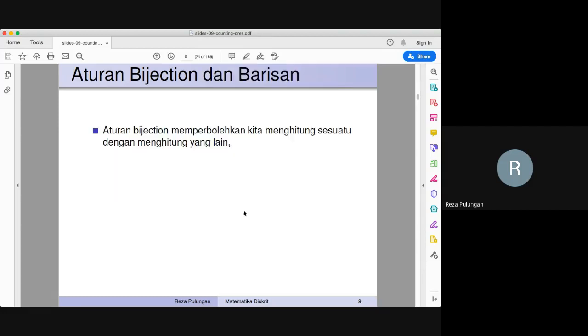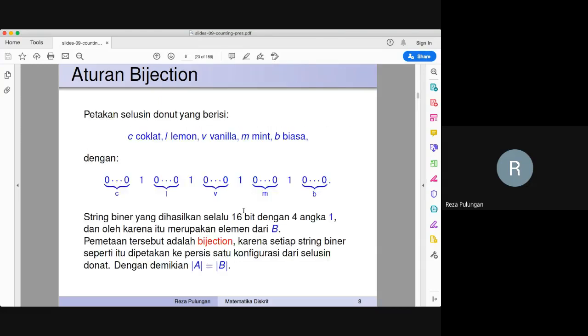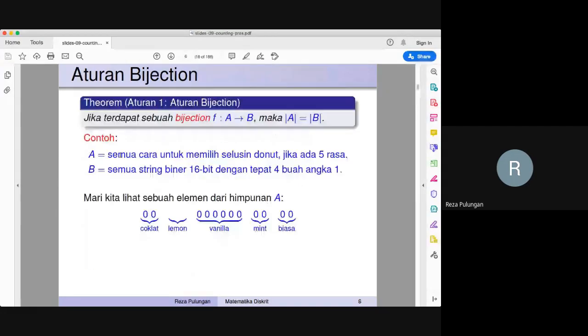Okay. And then what does it have to do with sequences? Well, the bijection rule allows us to count something by counting something else. For example, if I ask you how many ways there are to select a dozen donuts with 5 flavors, this is actually a very complicated problem.